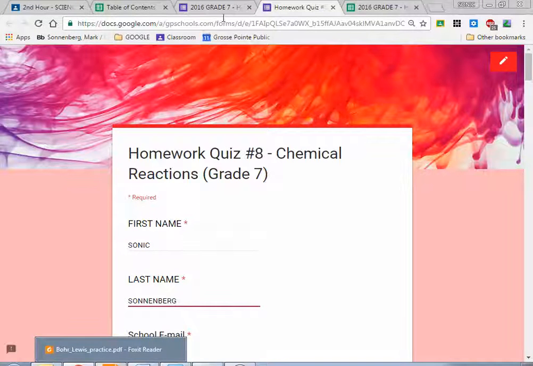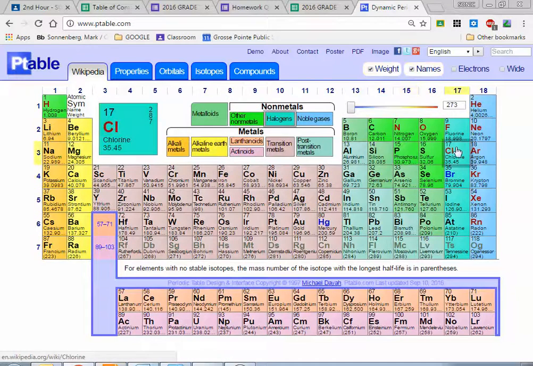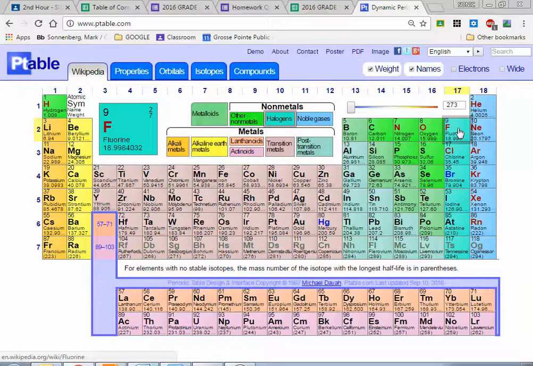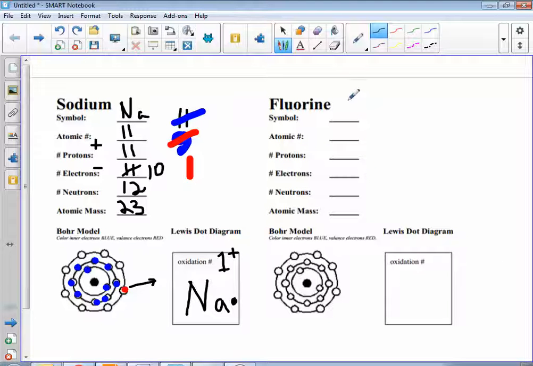Now if I go to fluorine, and if I go to ptable.com and look up fluorine, fluorine on your own periodic table is element number 9, and it's got a mass of 18.9984. You can see it over here when I click on it. Okay, so let me go back to my screen here. So I said it was element 9, right? So it's element F, which is element 9, and we know it's got a mass of 19. So that means it's got 9 protons, 9 electrons, but because it's got a total mass of 19, 9 of them are protons. What's left are